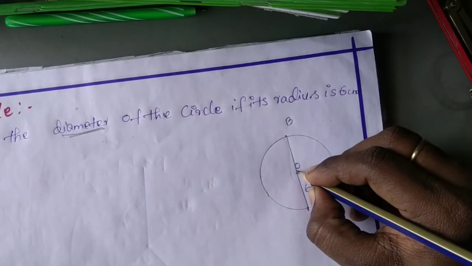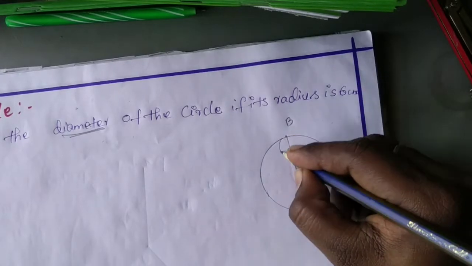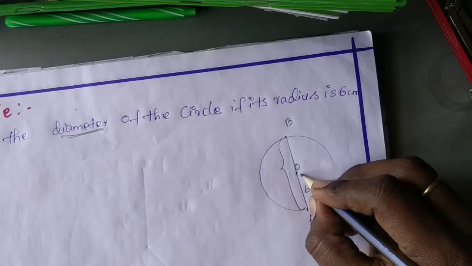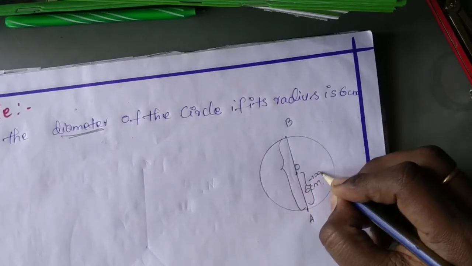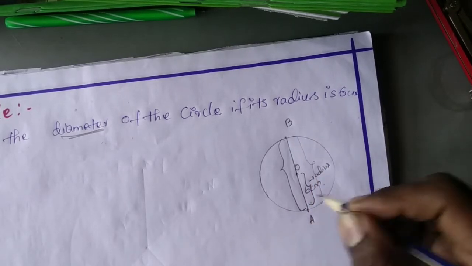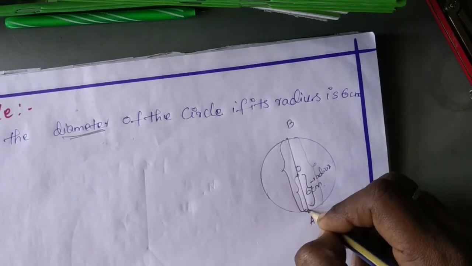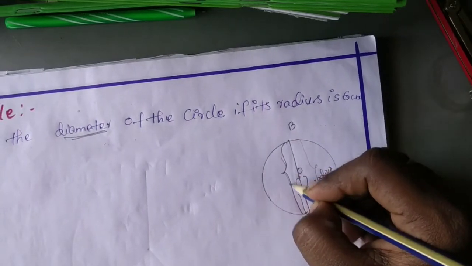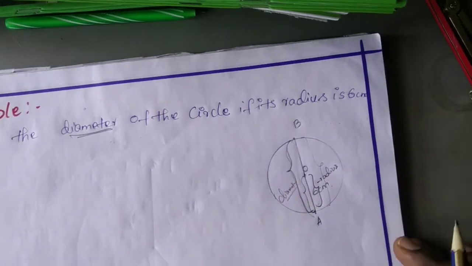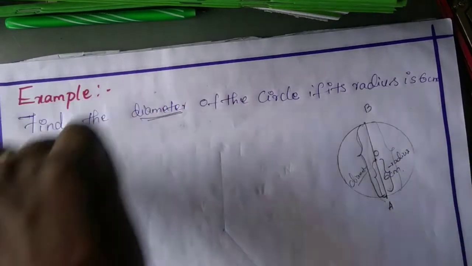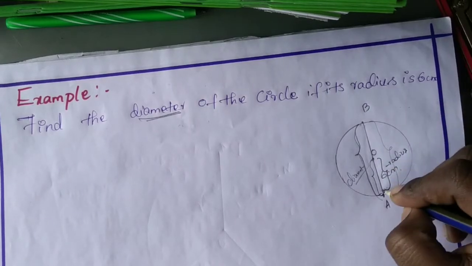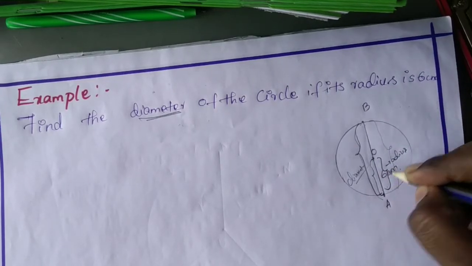Now my question is, if you want to find the entire length, this is diameter. This up to this is radius. This whole length is called diameter. Again I am repeating, this to this is radius, and from this to this, the entire line, is called diameter. Okay, guys, are you clear? Now come to the question. So from this we can easily tell the answer. This to this is 6, so from this to this how many centimeter, ma? 6 plus 6 is 12.